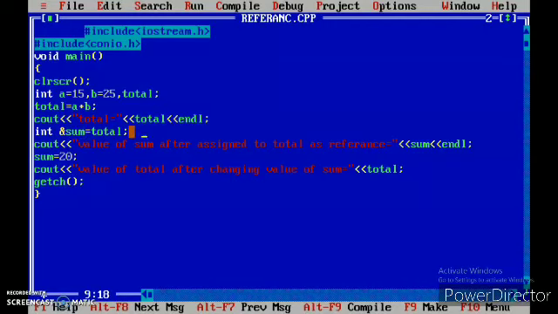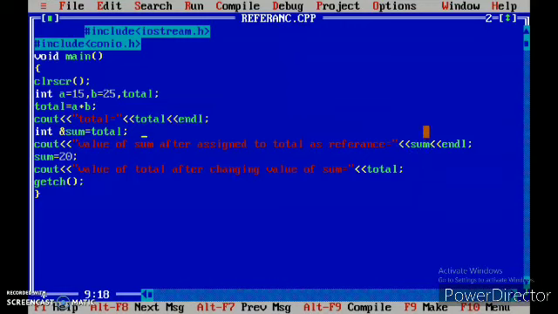Now whenever we try to display any one of these variables' values, it will display the same for both. So in the next line, we display the value of sum after assigning total as a reference. That means the total variable is assigned a reference name, and then we are using that reference name, the sum variable, to display the answer of addition.